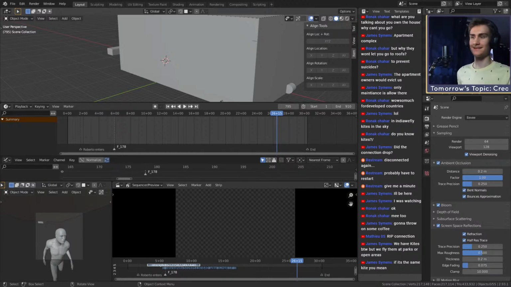Breaking through the doors would be the next, I guess, shot. Then we need to detail out more, which means we're going to go in here and we can probably go all the way to here, where he breaks through the door, making a snapshot right there. So this snapshot will probably be with his